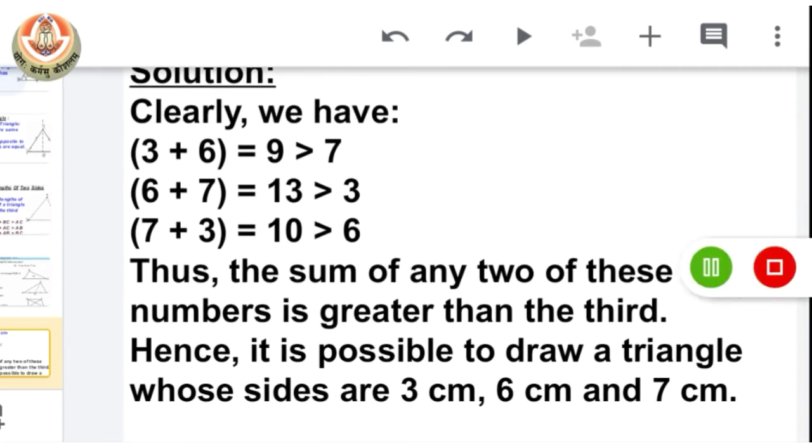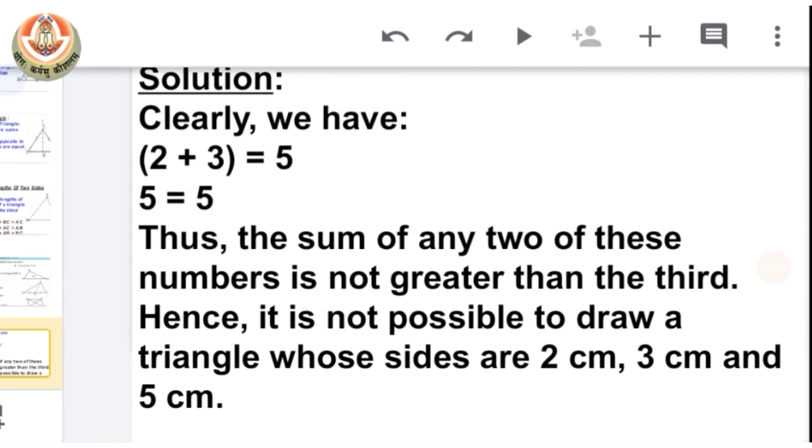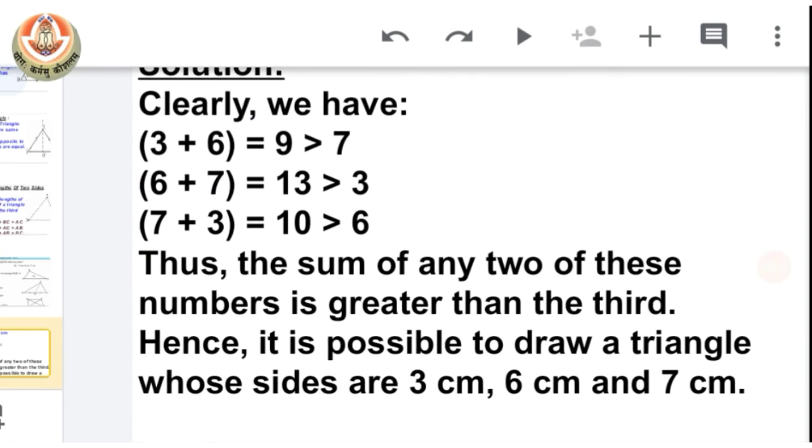See, we have to check all the three possible sums of sides. And if all three apply the property of the sum of the lengths of a triangle, only then can we say that such a triangle is possible. If any pair of lengths has a sum less than or equal to the third side, then such a triangle is not possible. That means all three possible sums should follow the property.